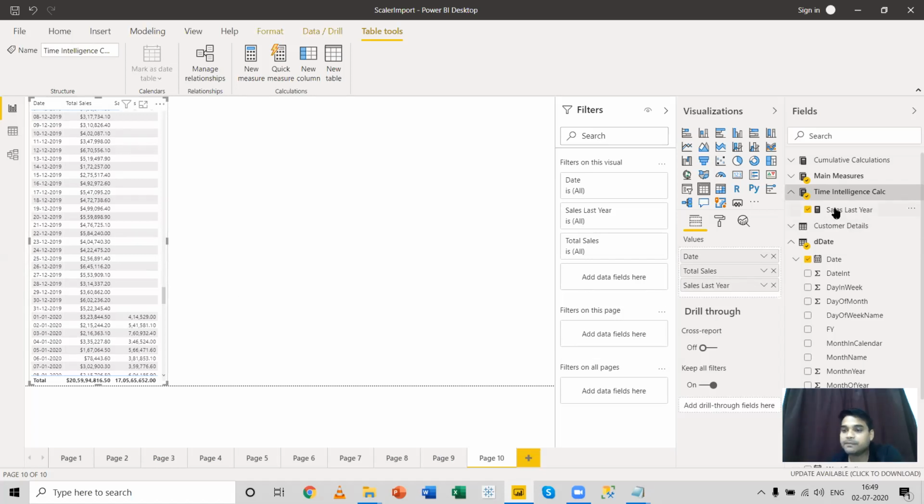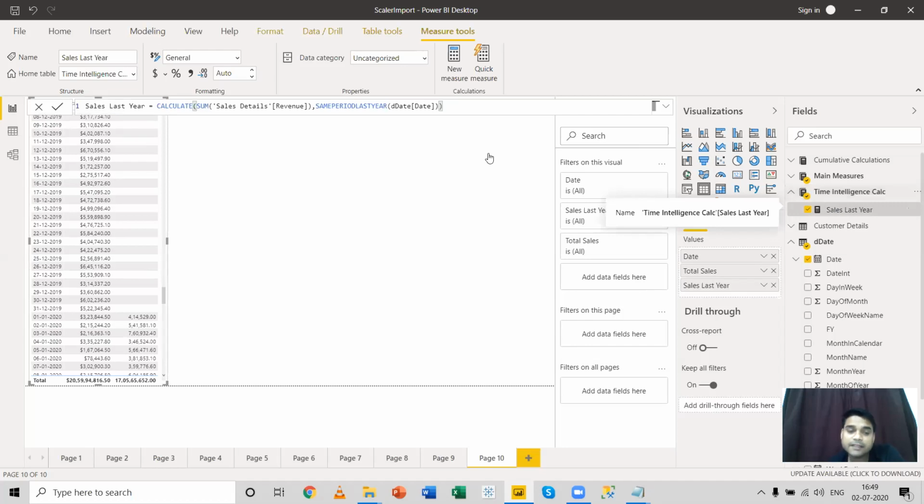Now there is a problem with this particular formula. What problem do we have? The problem is that we can use same period last year only for calculating the last year sales. What if I want to calculate the last 2 years of sales or last 3 years of sales? This formula will give me only the last year sales, right? In order to calculate the last n months of sales, we have a very powerful formula in Power BI,